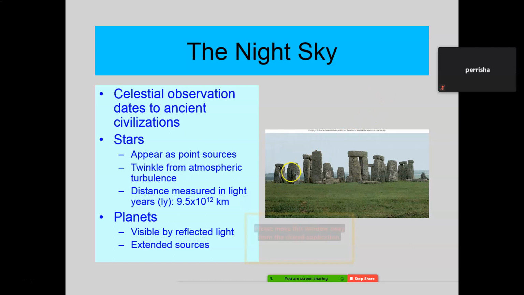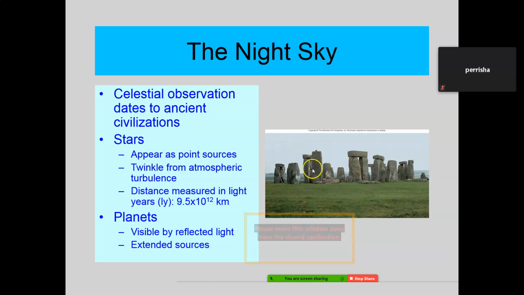If you were to go in the center of Stonehenge, and you were to look out at night from the center, you would see a certain star or constellation that would come up in any one of these gaps in between here at very specific times.